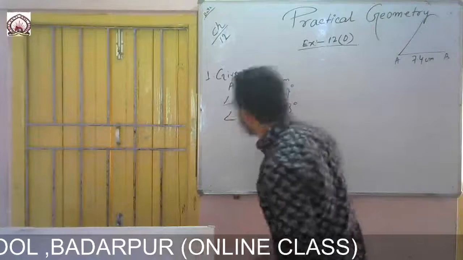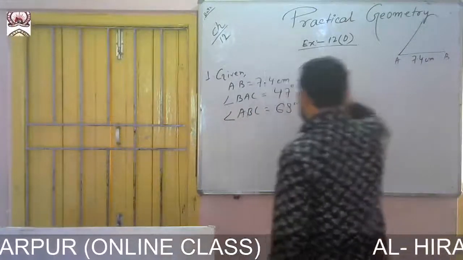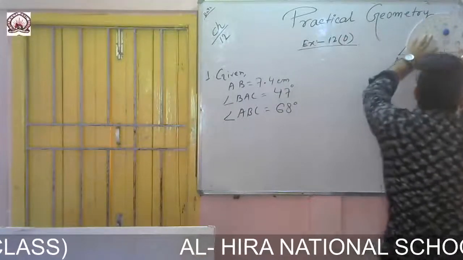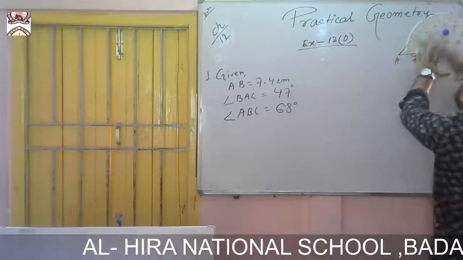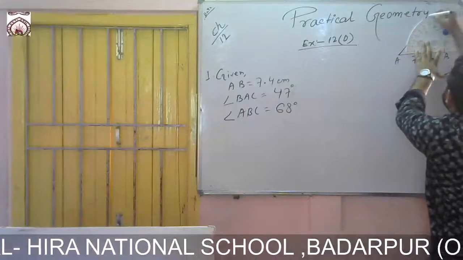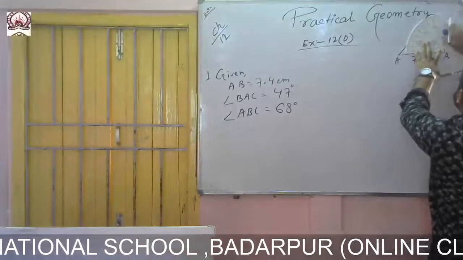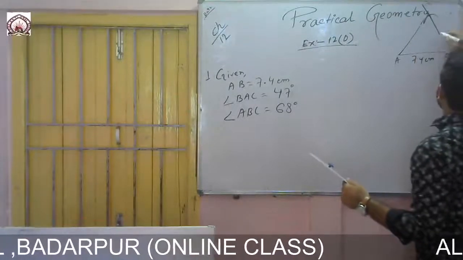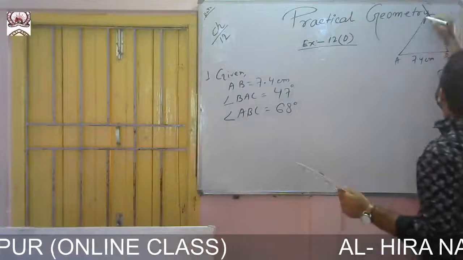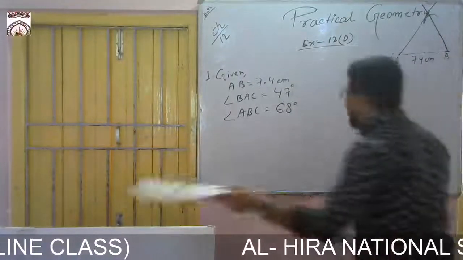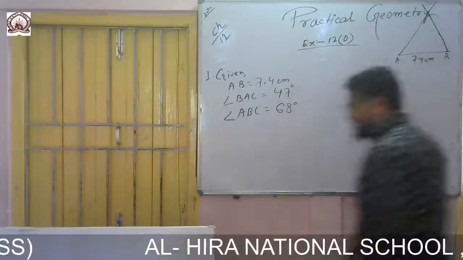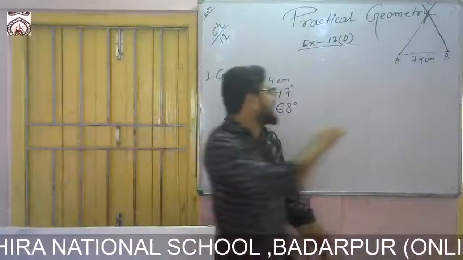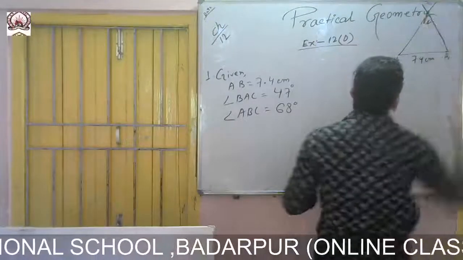After that, at angle B, that is angle ABC, we shall draw 68 degree. While taking 68 degree, you count from the left side. So 68 degree is coming somewhere like this. Just join these two points. Then we will extend this one. The point of intersection of the two arms of the angle will be the point C. So this point of intersection will be the point C. Understood?